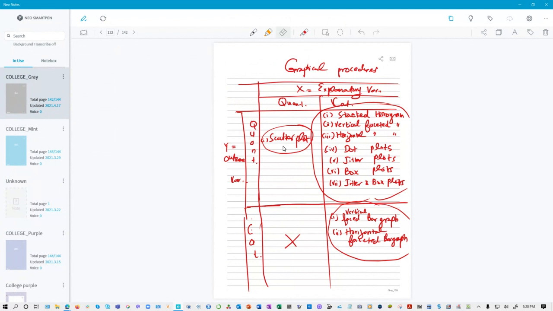Another one before that, I'm going to put the 2 for this one. Convert quantitative data into categorical data,